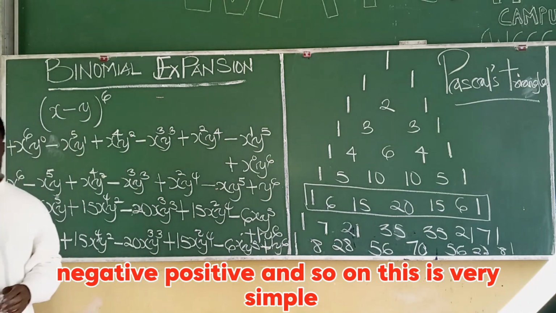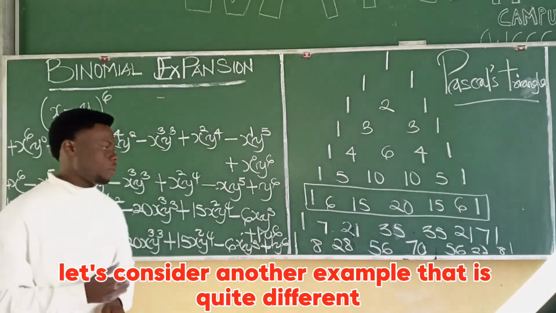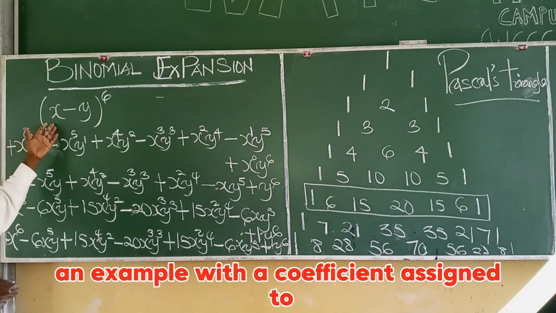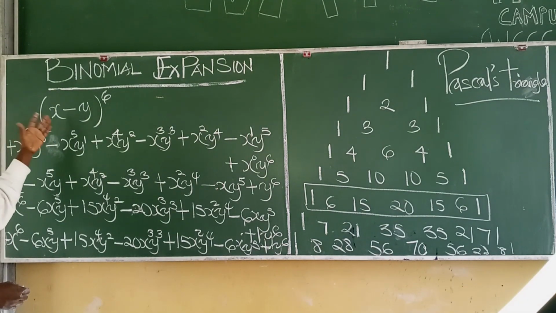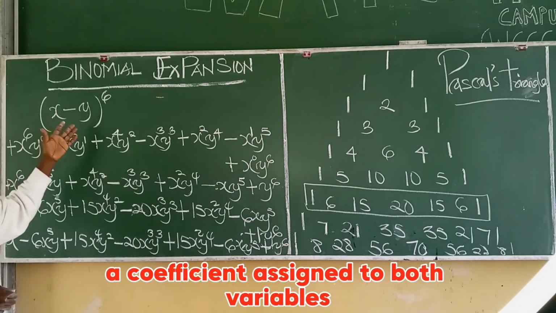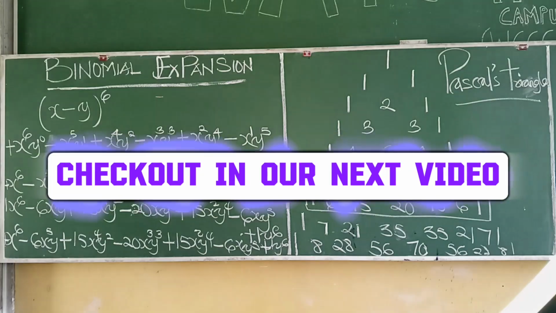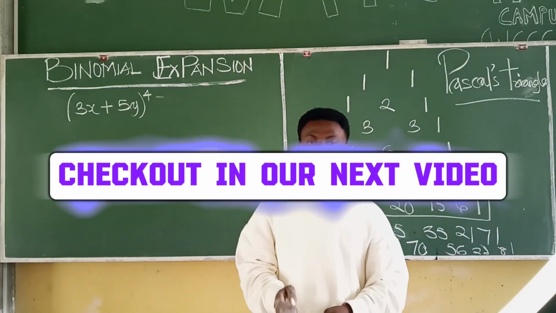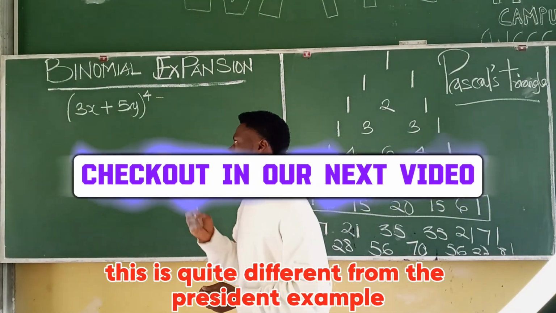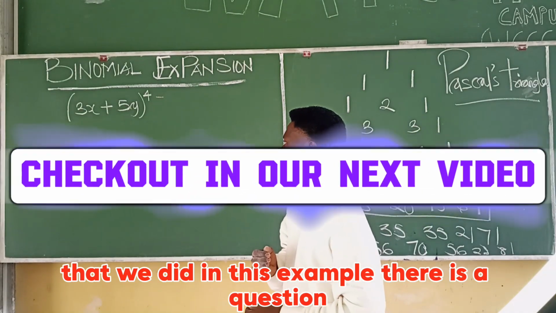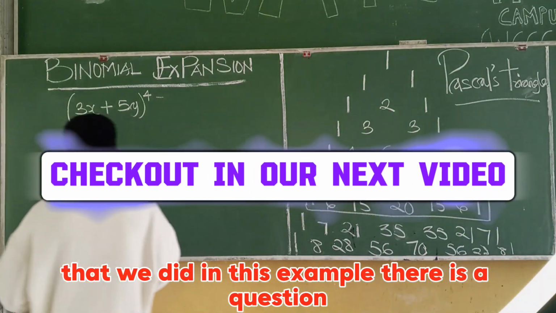This is very simple. Now let's consider another example that is quite different. That is to say, an example with a coefficient assigned to both variables. Let's check. Alright, let's consider this example on the board. This is quite different from the preceding example that we did. In this example, there is a